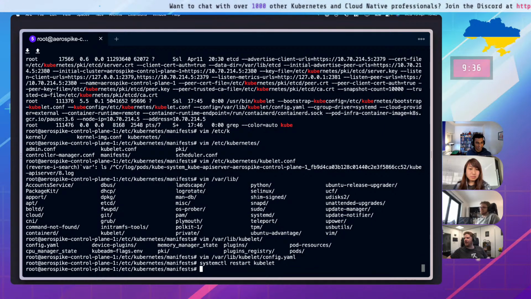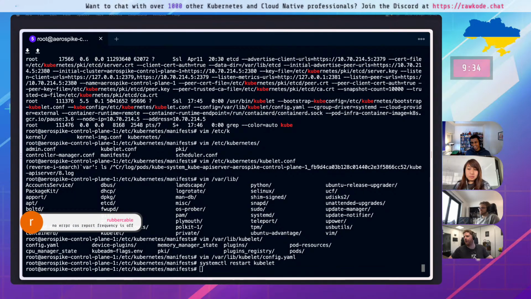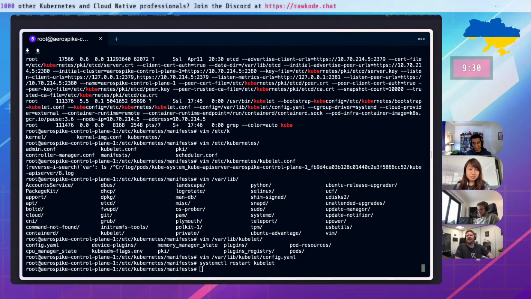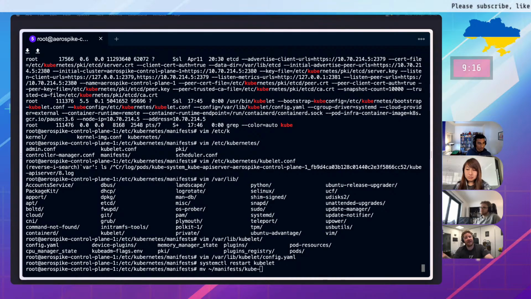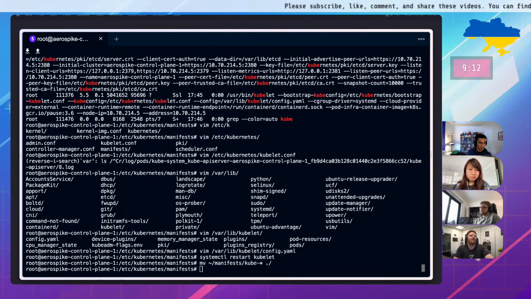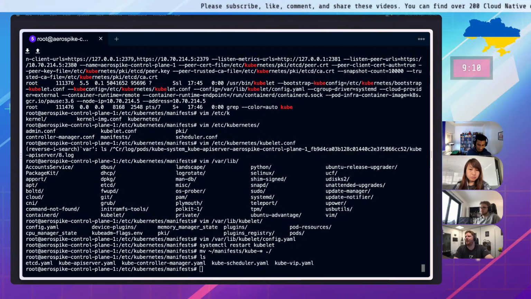Rubber Cable says nice, possibly no error message because report frequency is off. But well, I guess there's not an error, right? It did exactly what we told it to do. Yeah, normally it would say couldn't start new pod because we're at the max pod. Like if you have the 110 limit and you hit it, it's very vocal that you hit it. But then maybe it's different for static pods. I'm not entirely sure. But good break. Nice one, Aerospike.